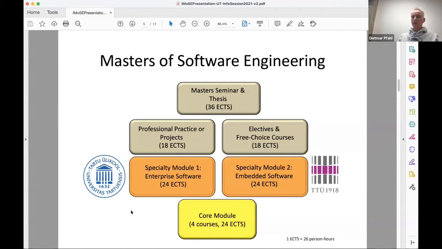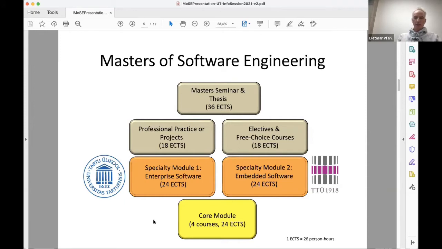And that also means that after the first semester, where we hope that our students can complete all the core module courses plus 1 additional course, at the end of the first semester, you must make your final decision on which specialization you take, because if you opt for the embedded systems or embedded software specialization, it probably means that you should relocate to Tallinn, because most of the courses are taught on their side.